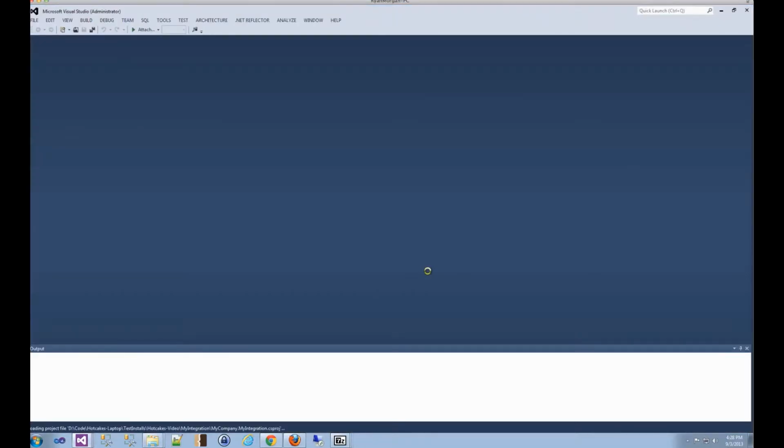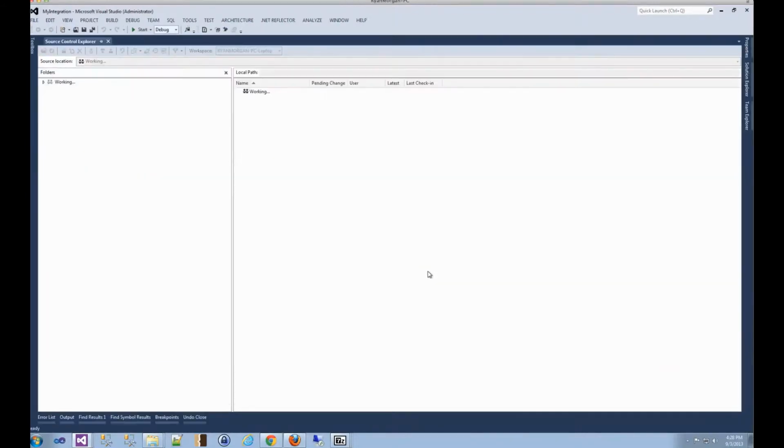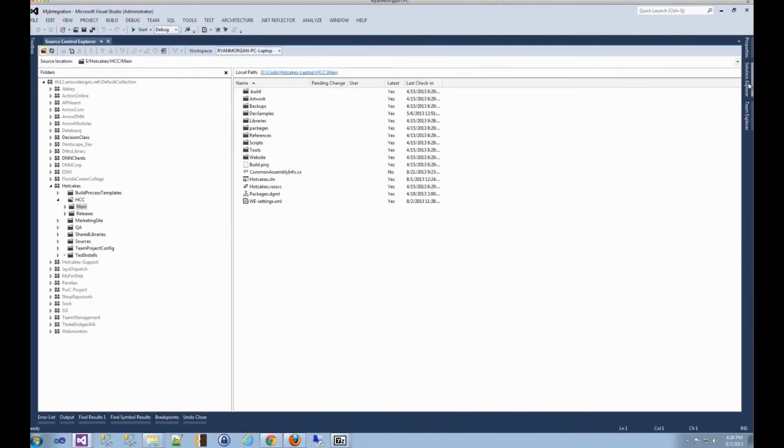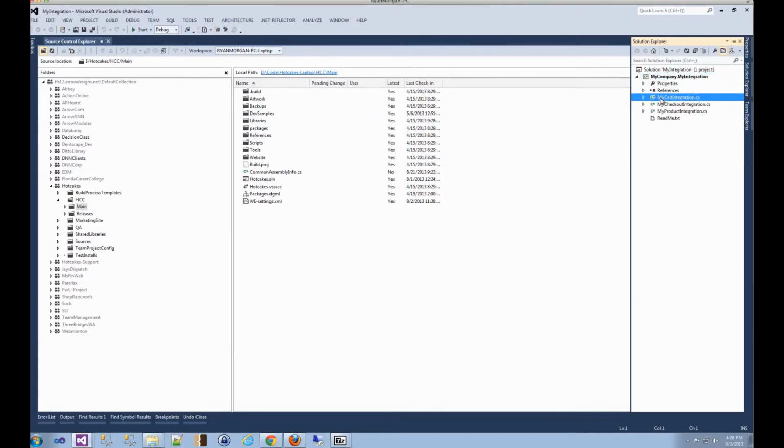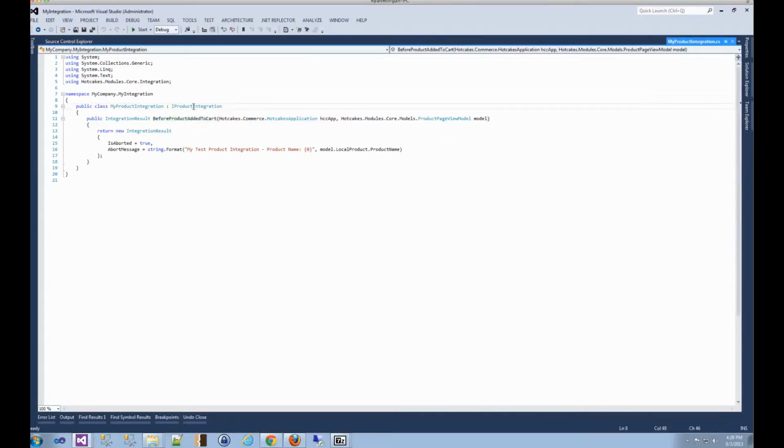When this opens up, we'll see that we have those different integration points that we talked about. We created the actual integration points for you, so all you have to do is insert your code, and there's a nice little example here that should be pretty easy to follow. We have three different integration points: cart, checkout, and product integration. If you remember, on the cart we have before product added to cart. You can see that this implements an interface called IProductIntegration, which does all this for you already, and you can see this returns an integration result. And so what we can do is